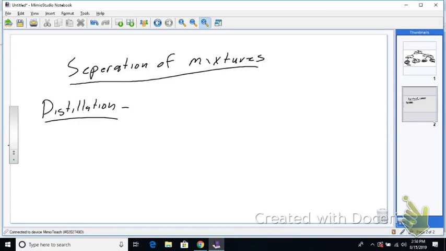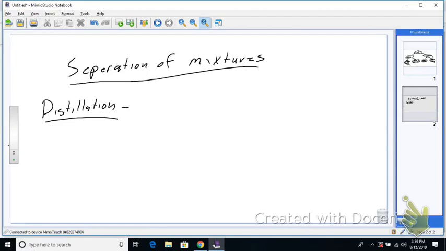What property do they look at so that they can separate one substance from another when we talk about distillation? Boiling points? Yep. So when you have a mixture, every part of that mixture retains its original properties. It retains its original boiling point. It retains its original freezing point within that mixture. So what we can do, we can separate that mixture based upon what's called volatility.